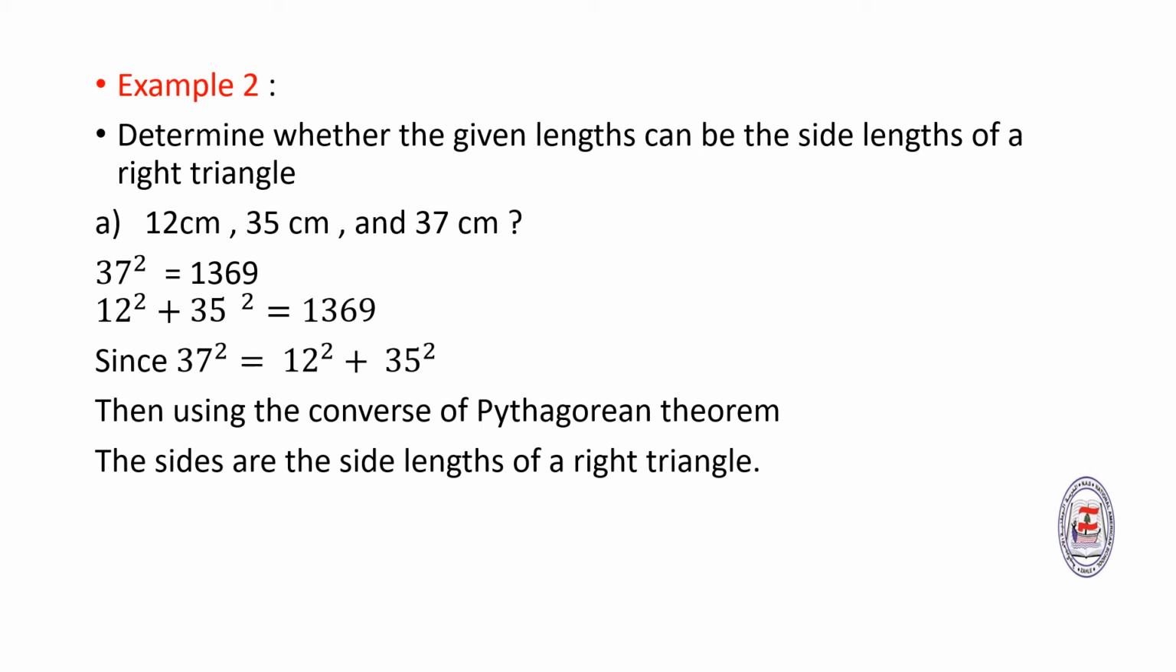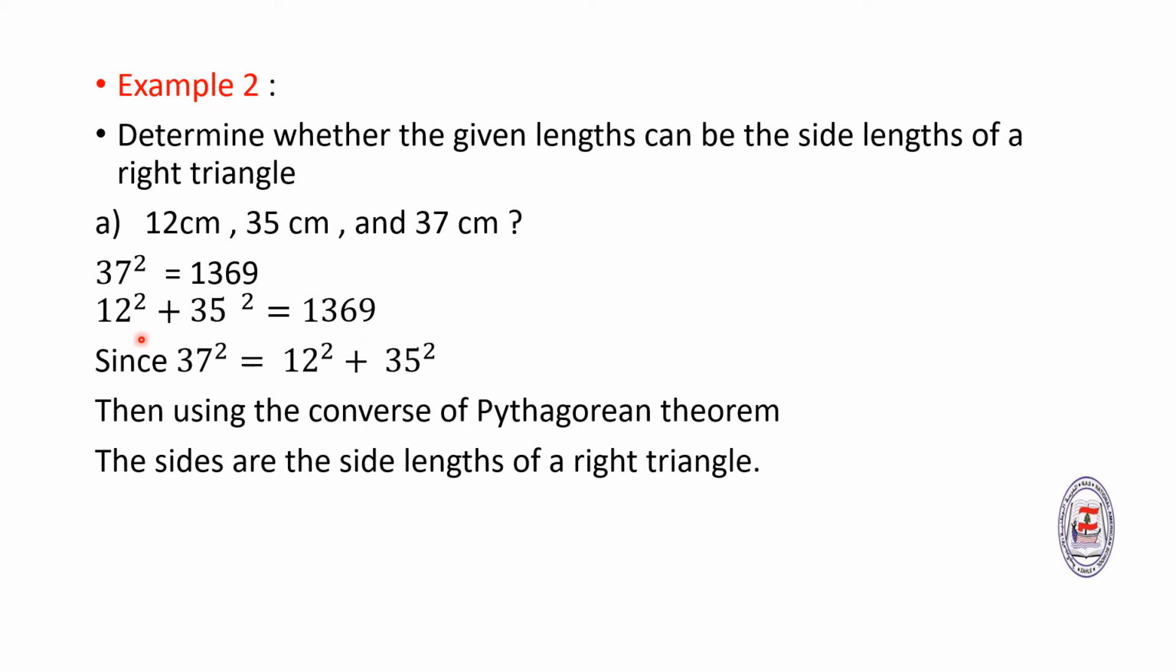Another application, example 2. Determine whether the given lengths can be the side lengths of a right triangle. The given lengths are 12, 35, and 37. So we need to start by 37. Calculating the square of 37, we get 1369. Then calculating the sum of the squares of 12 and 35, we get